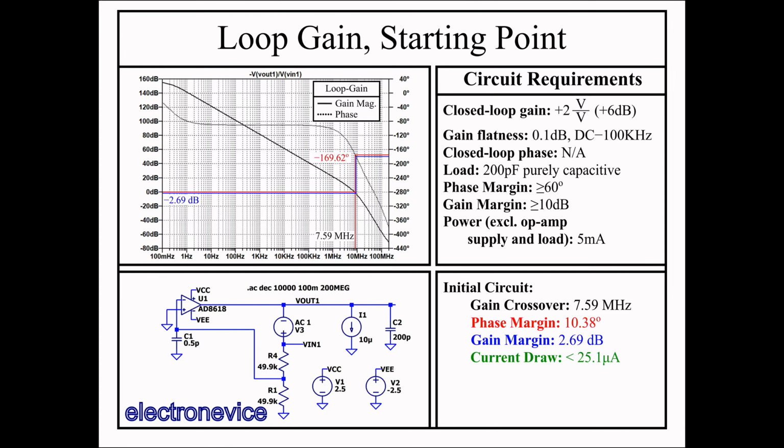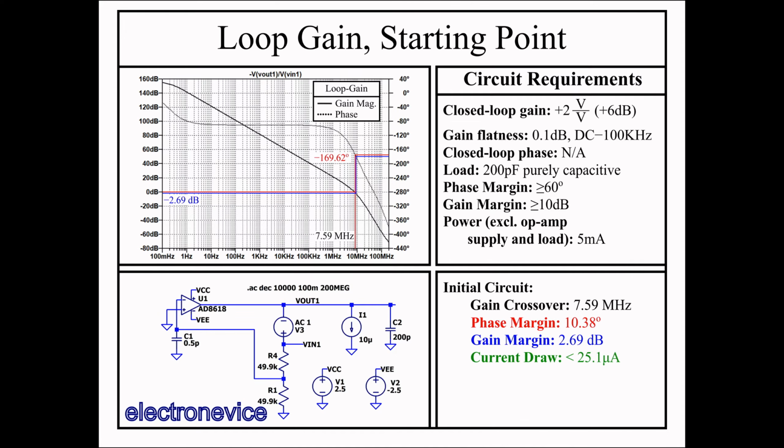As the circuit currently stands, the loop gain of the circuit has a unity gain bandwidth, also called the gain crossover, of 7.59 MHz, 10.38 degrees of phase margin, and 2.69 dB of gain margin. So we have some work to do on both phase and gain margin. There's also a current draw of only 25.1 microamps or less, so we can increase our current draw a bit